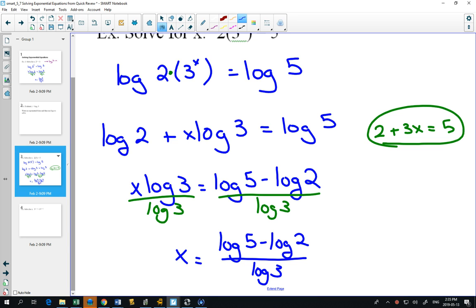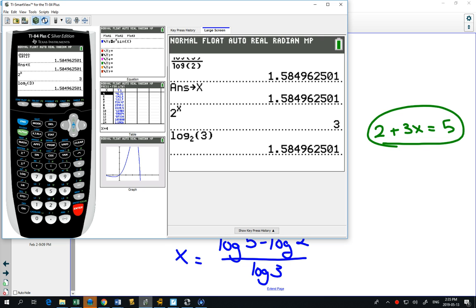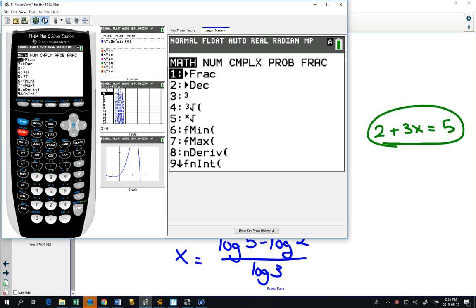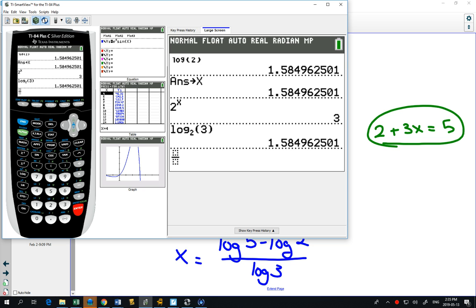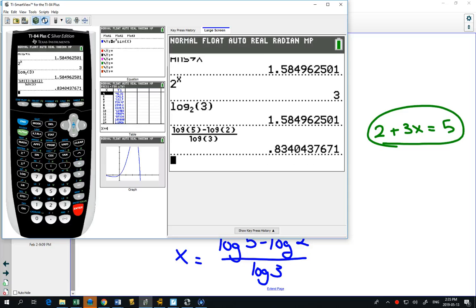Am I right? I don't know, but we're going to find out. So once again, what we can do with this is go to our calculator. I'm going to use the fraction button again, or attempt to. Here we go. And on the top of my fraction, I have log of 5 minus log of 2, divided by log of 3. And I get 0.834. Do I know if this is right? Not yet. But again, I'm going to store it as x